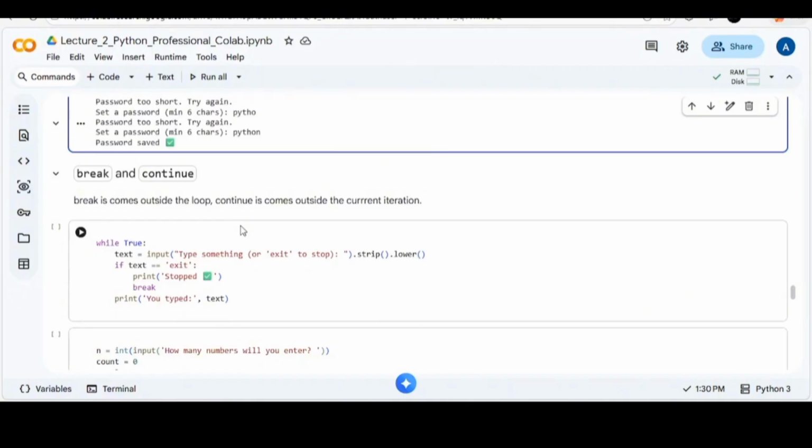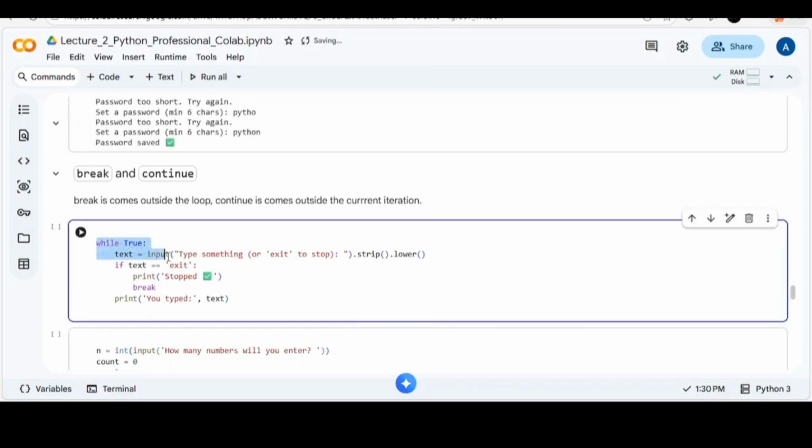Currently we have an application of these two statements. For example, there is a while true loop. We are taking input, and we are checking if the user has entered exit or not. If a user has entered exit, we can break. What break does is take us out of the loop. So we'll break the loop, we'll come out, and if there are rest of the lines in the code, those